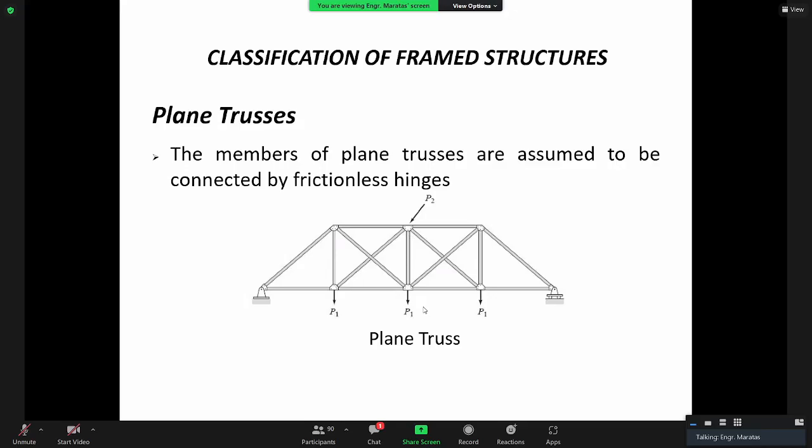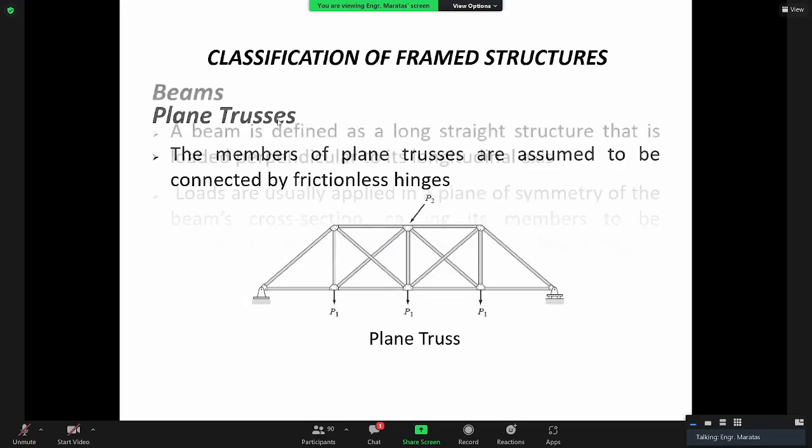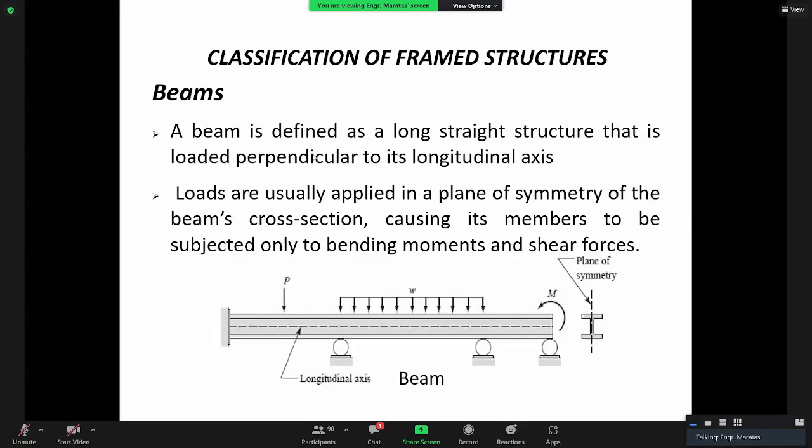Okay. Next is beams. So a beam is defined as a long straight structure that is loaded perpendicular to its axis. So the load should be perpendicular to the longitudinal axis. No? Loads are usually applied on a plane of symmetry of the beam's cross-section, causing its members to be subject